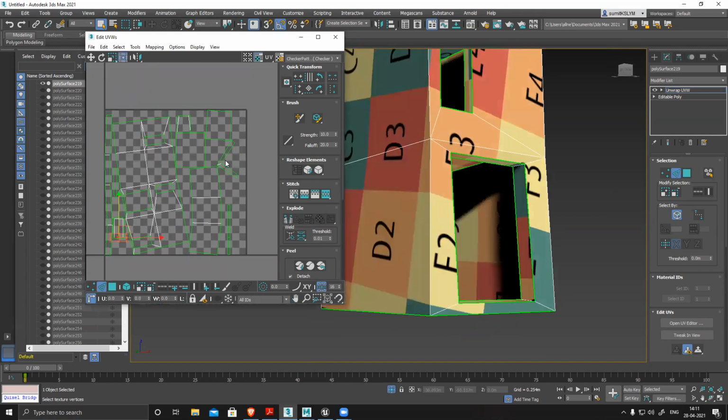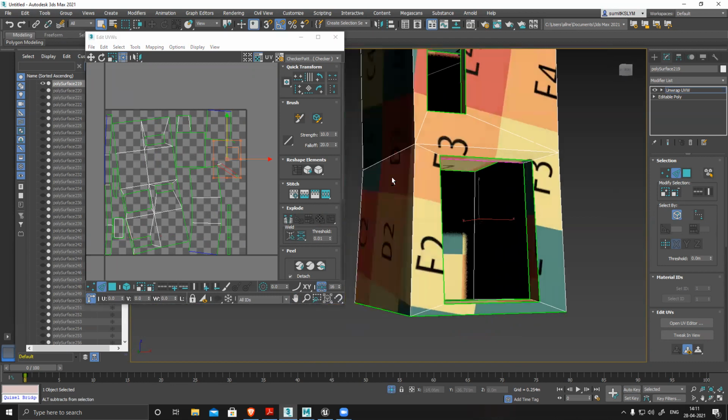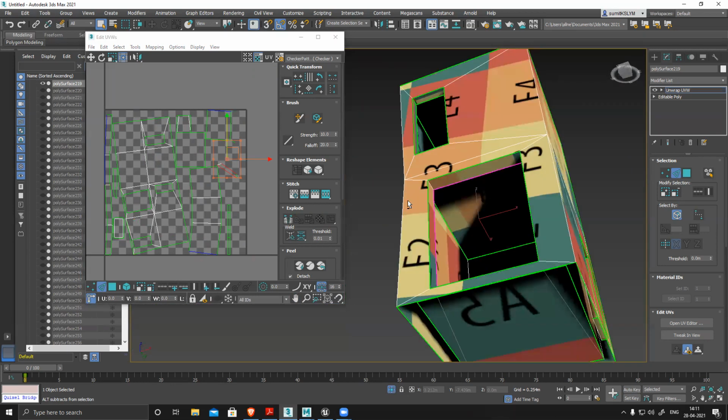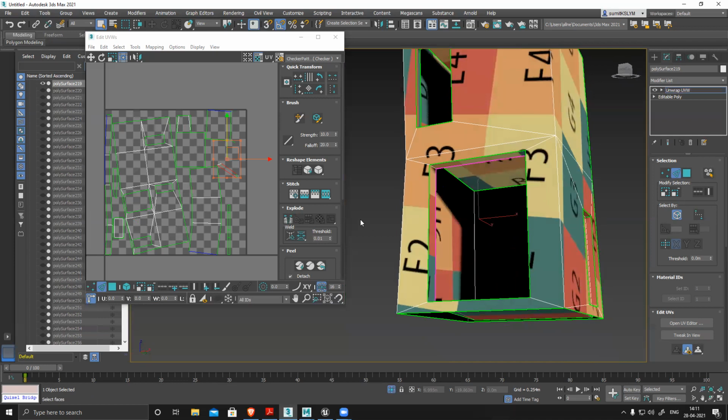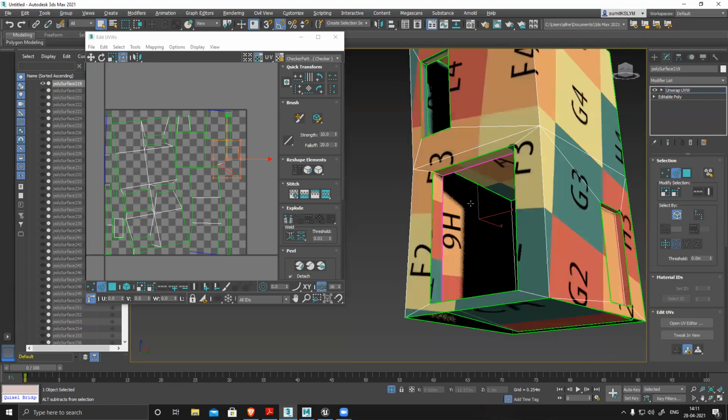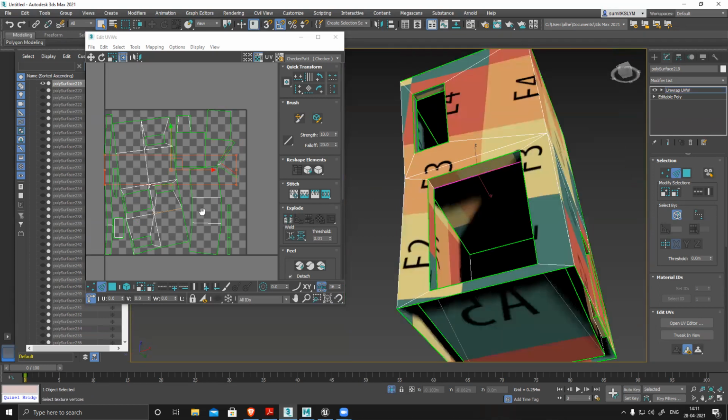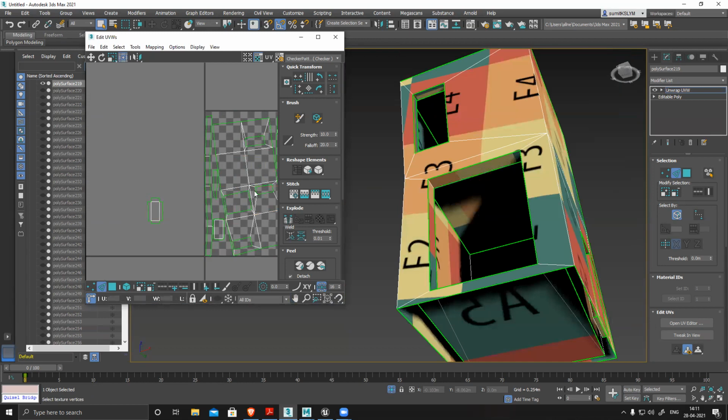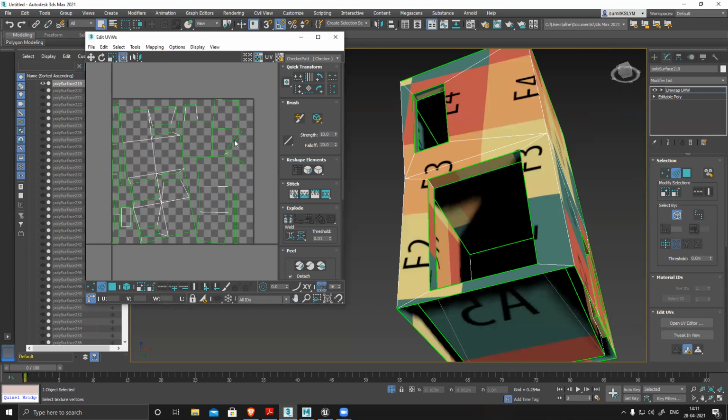This is my floor and this is inside. Okay, the thickness I have created for this section. I cannot attach this with this. I can stretch it here.